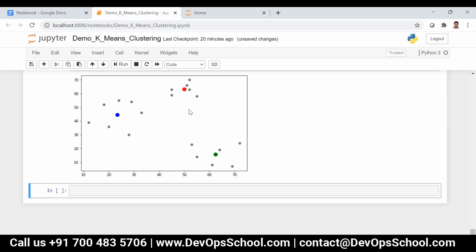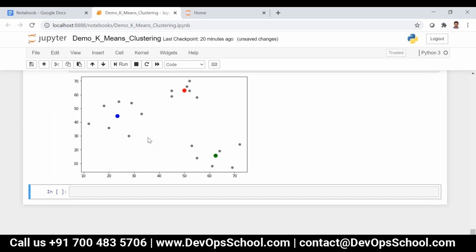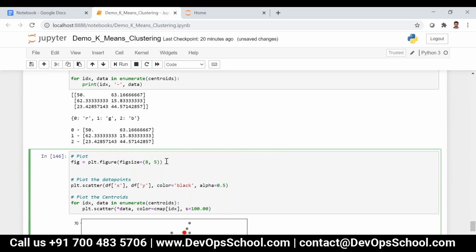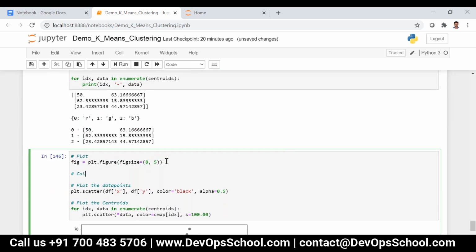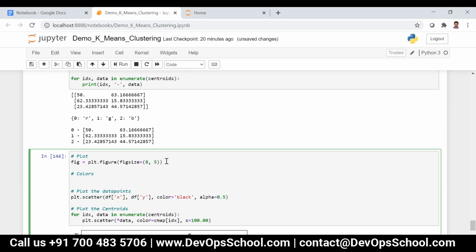So now we need to assign the colors. I can just say colors is equal to list of map of lambda x: cmap of x, comma labels.